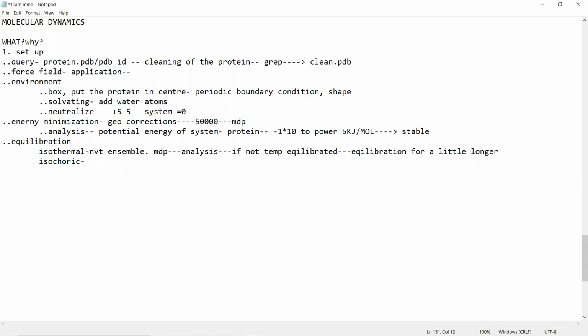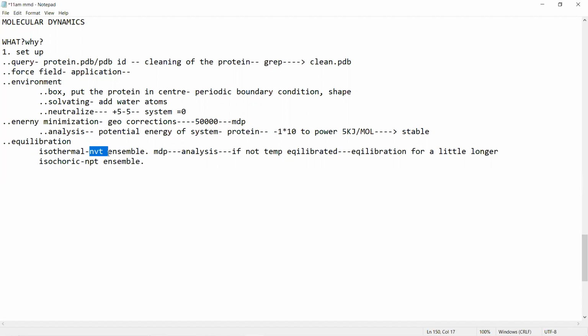Now what is this? This is the NPT ensemble. Now what is isochoric, guys? Isochoric here means pressure stable. So here we will be talking about the number of atoms being constant, the pressure being constant, along with the temperature, which is constant. That means we are continuing from where we left off.